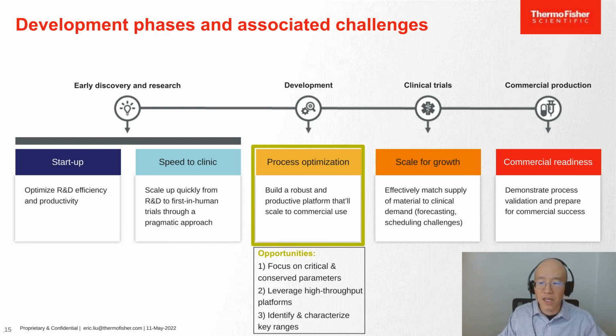In the development phase, you've proven the molecule is safe and the candidate is able to move forward. Now it's all about mastering the recipe, pulling the various levers to build a robust, informed, productive, and scalable process for healthy cells and maximal monoclonal antibody yield in upstream and downstream processes leading into phase 2 and phase 3 trials. The main challenge is to conduct the full design of experiment efforts to generate sufficient data at the process-specific